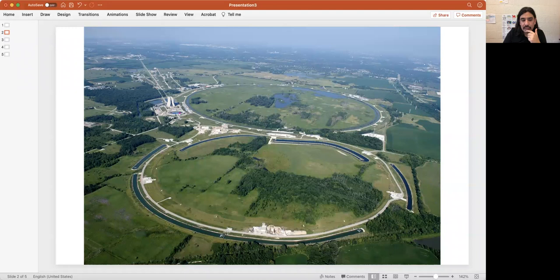And there's a huge lake, well, not really lake, but like a man-made thing here. And you can see that this gets dwarfed by this huge ring that is here. And then there's another huge ring down here. This is a particle accelerator outside of